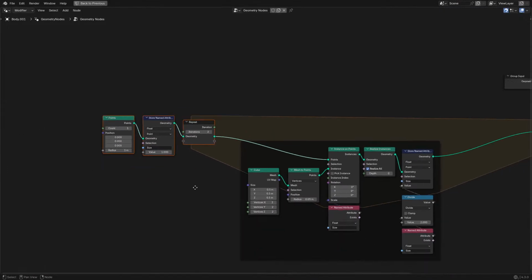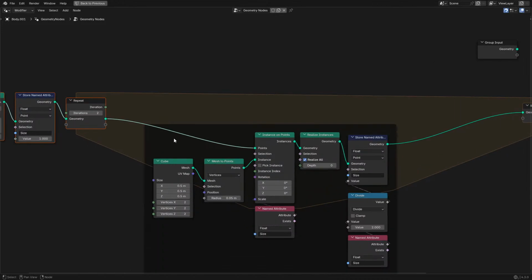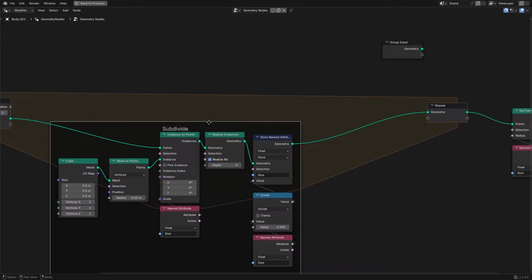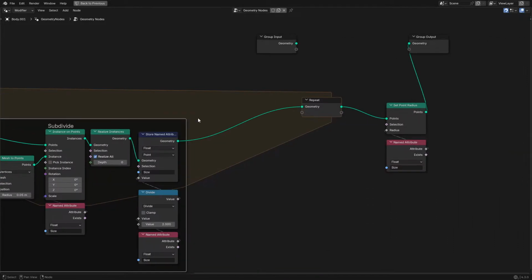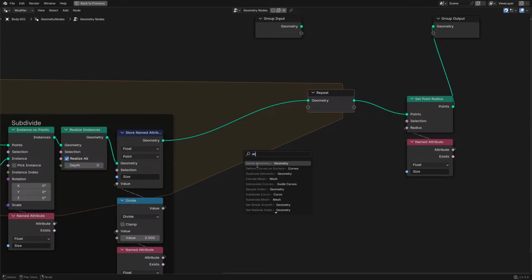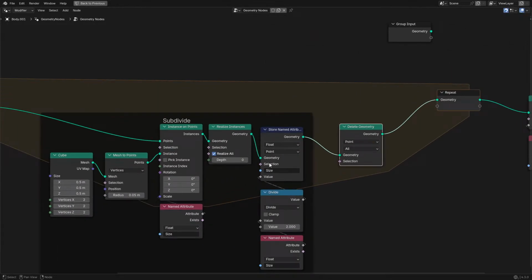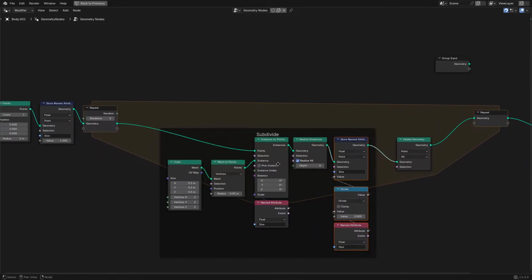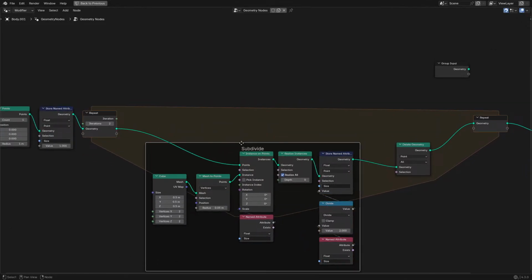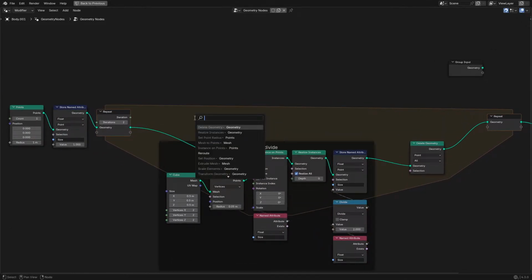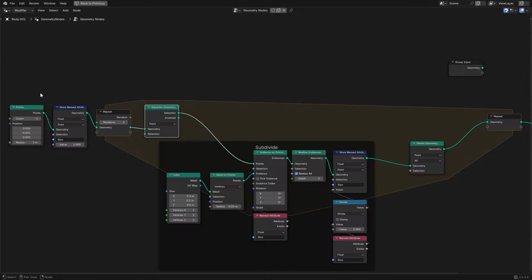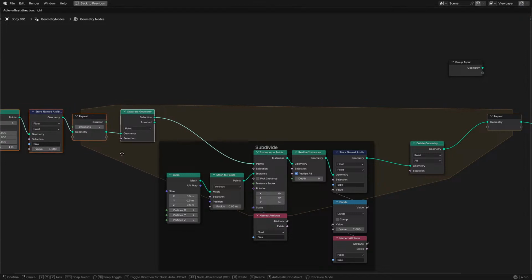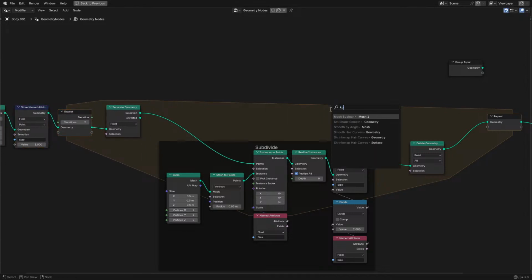So now we just need to decide which parts of this do get subdivided. So we'll make this subdivide, and then which parts get deleted. So which one? I think after this we'll do the delete stage, so if they are outside of the mesh, they will get deleted. So yeah, I think that is a good idea. So we need 3 components. We need the separate geometry. So this will separate the points if they are supposed to be subdivided, and then after that they will be